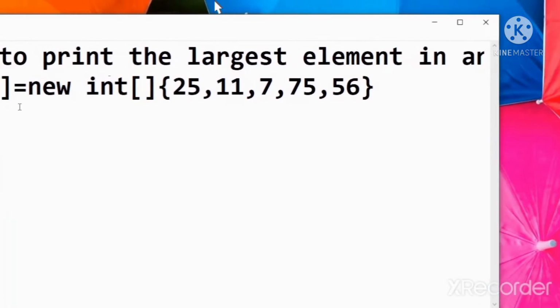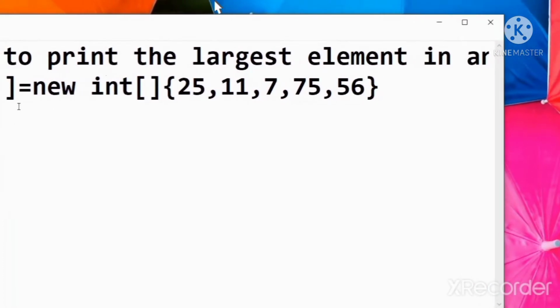So if we have the array and the elements of the array are 25, 11, 7, 75 and 56, and we need to find the largest element of the array,